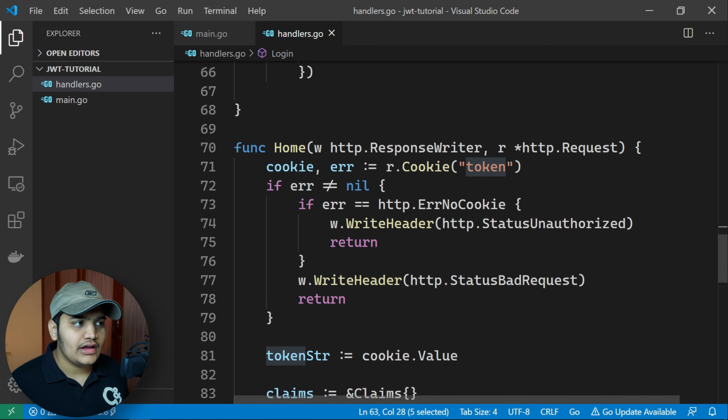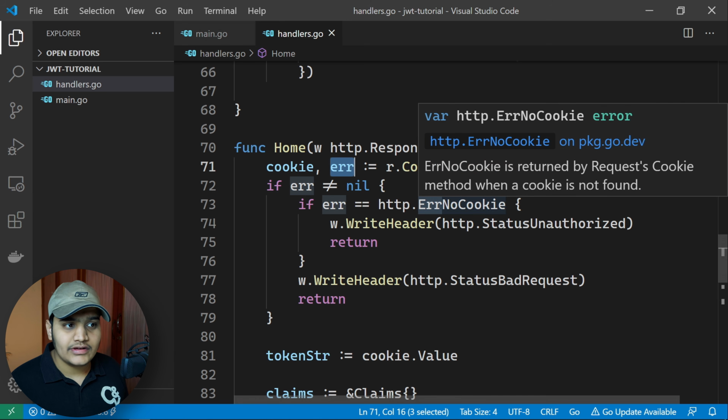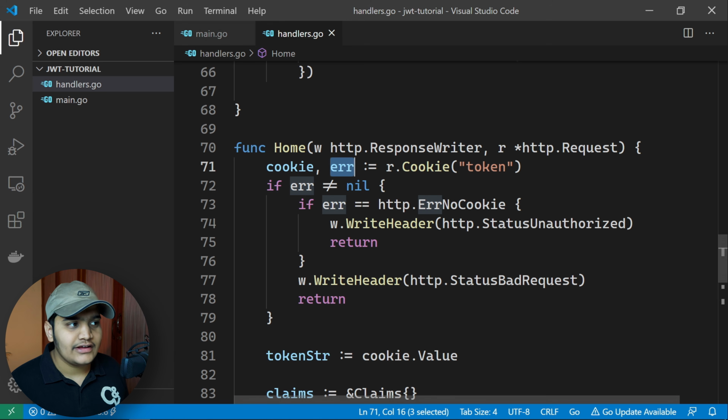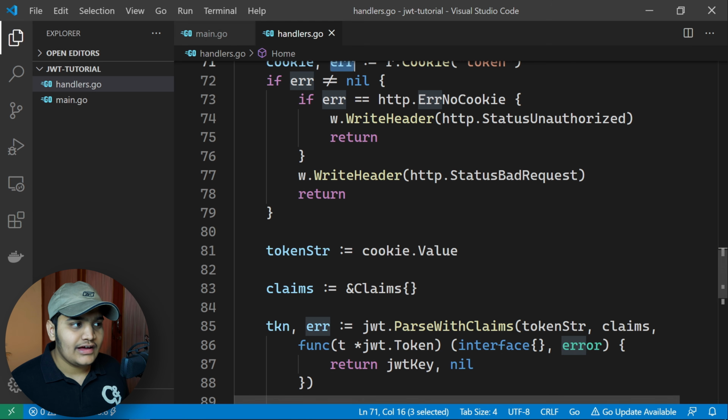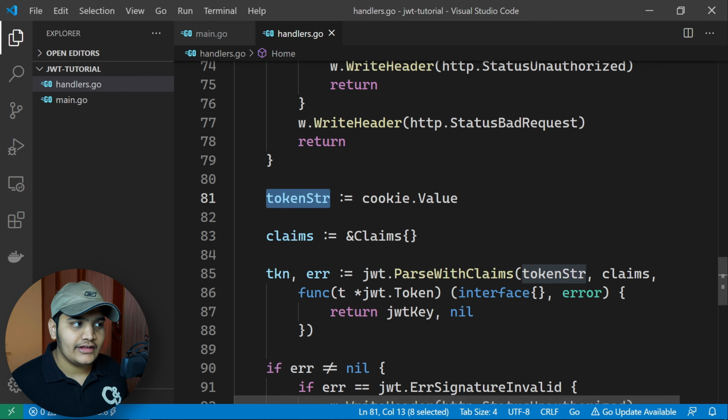Once we got the cookie, we are also checking this particular error: if the error is of type error no cookie, then that is status unauthorized. If it's not this type, then we will say bad request. If it's valid, then we are getting the token string from the cookie.value, and we are creating the reference of